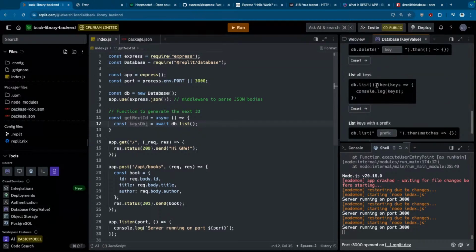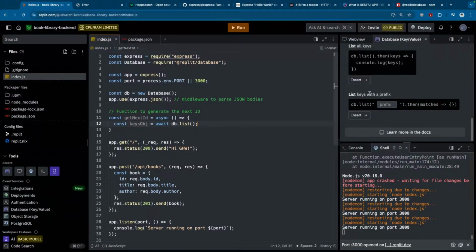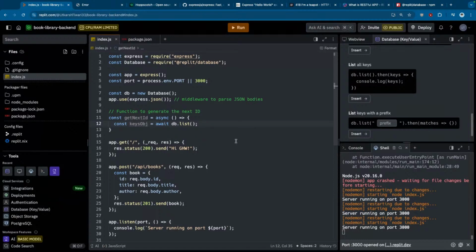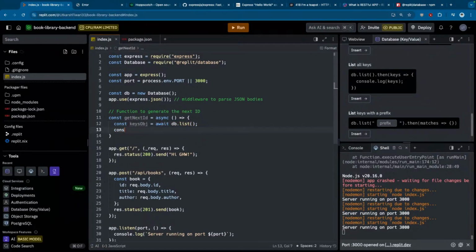Yeah, you can do db.list. And this is an asynchronous request because it can take time to load the database. So that is why we need to say await, or wait, for this database to load and return a value from db.list. Once we have that value, we are going to do something like const keysObject equals to